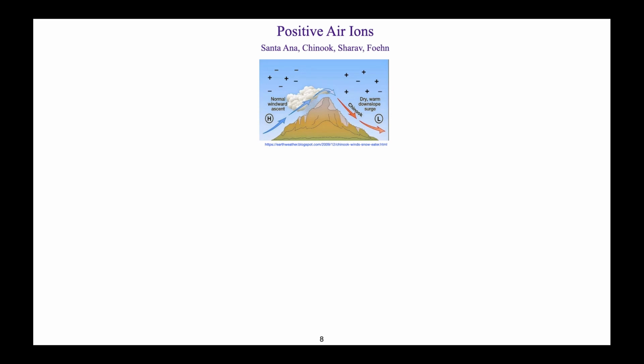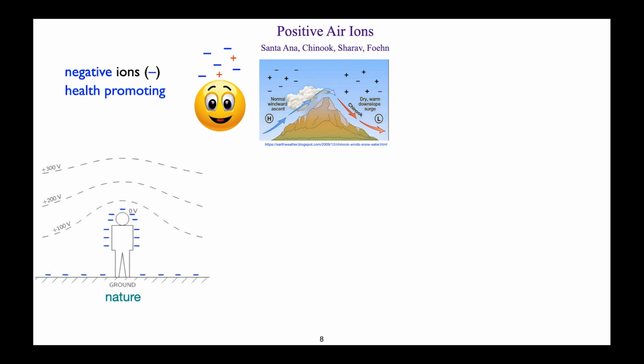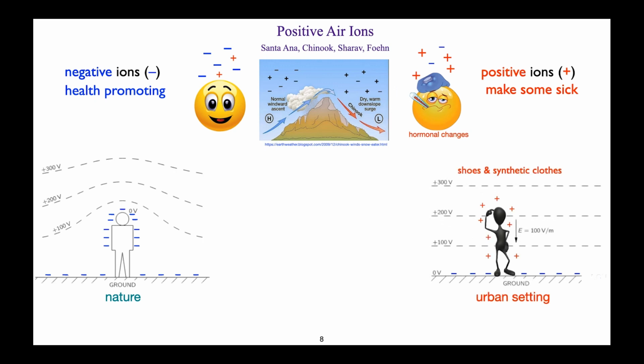I elaborate on air ionization just to provide an example of how these sources affect living organisms. When we are in an environment with a predominance of negative ions, we feel good. This is because most common in nature, and it is in direct contact with the earth as we walk along a beach or lie on the grass. When positive ions dominate, some people feel unwell. And this situation is more common in built-up environments with our synthetic clothing and footwear.